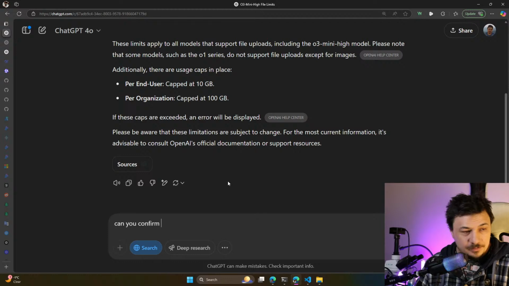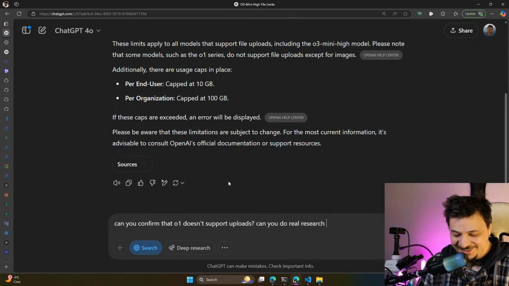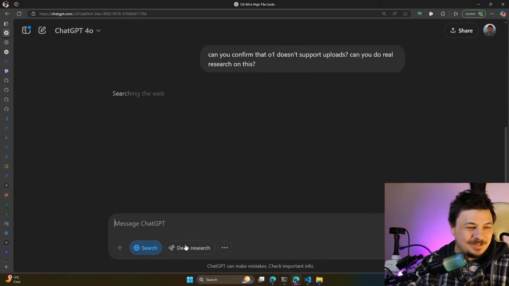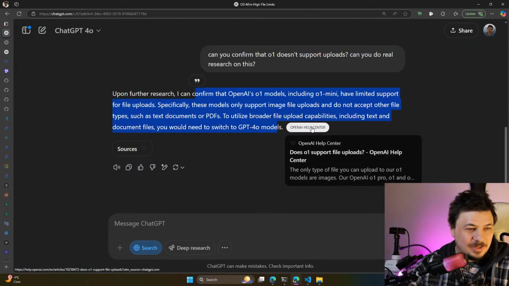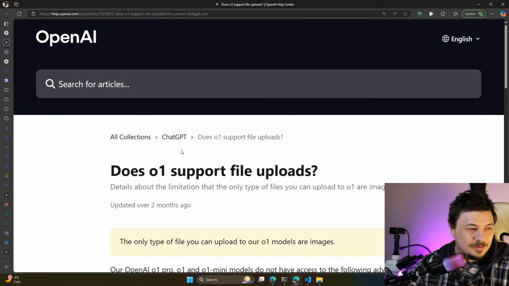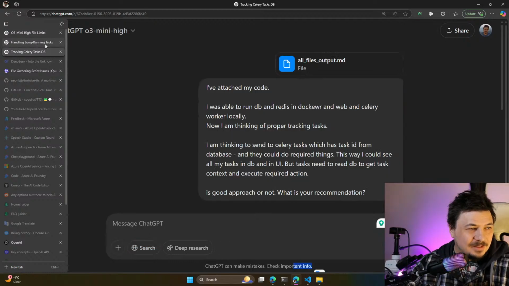Can you confirm that O1 doesn't support uploads? Can you do real research on this? I will not enable research because it will take much longer. They have limited support. Specifically, these models only support image files. Of course. But again, it probably will be an article from several months back in time. Okay, anyway,